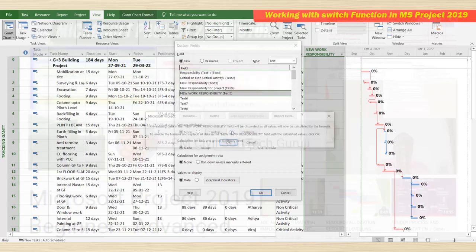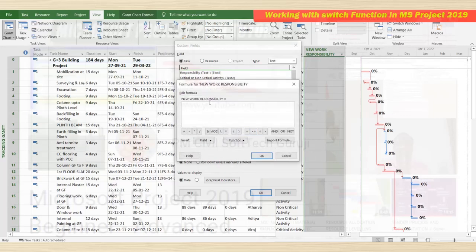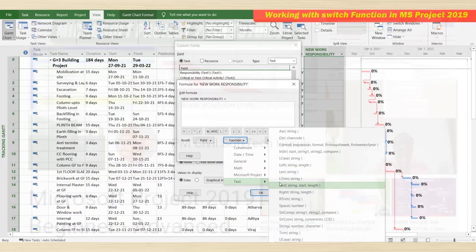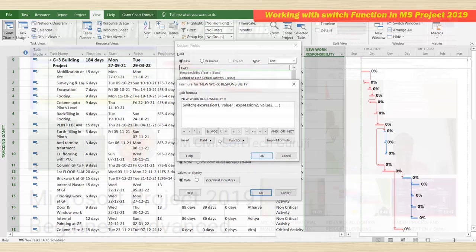So before that we'll click here. Okay, then we'll go for formula, and here function. We have to use the text function. So in general function, switch.